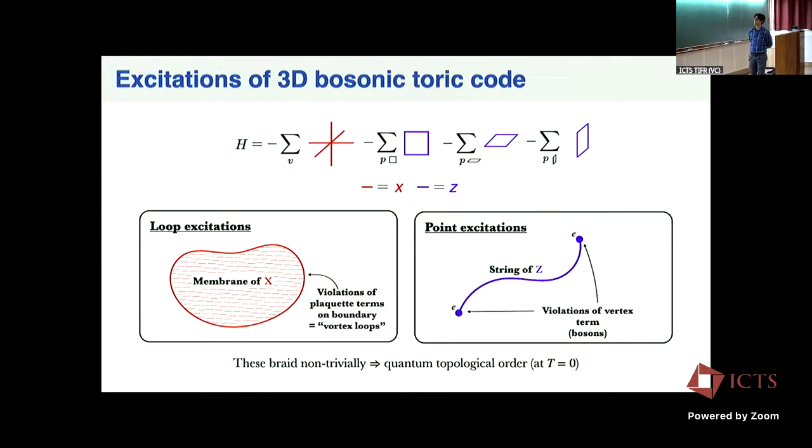The consequence is that there's still some notion of non-trivial braiding. Now it's a braiding of a loop with a point-like particle. I can take an E anion, which I get by opening up a Z loop to have 2 endpoints, and braid it around a loop-like excitation, which I get at the boundary of an open surface or an open membrane of X's. When I braid this point around this loop, I pick up a minus sign, so there's non-trivial braiding similar to what we had in 2D as a sign of this mixed anomaly. And again, this implies a similar sort of topological order at T equals 0. For example, it implies that we have long-range entanglement in the ground state.